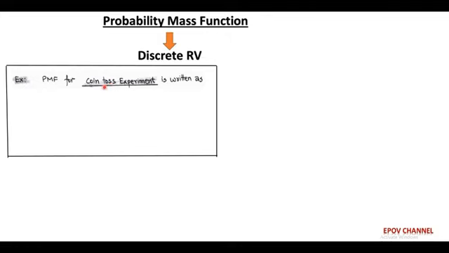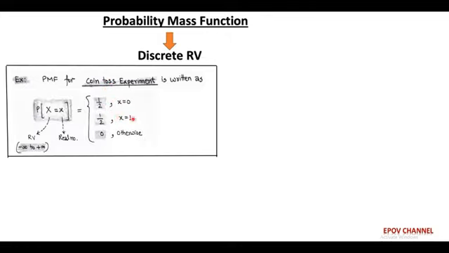For example, heads corresponds to random variable X equals 1, that is a real number. Also, tails corresponds to random variable X equals 0, that is also a real number. Now, as the probability of the sample space, that is the total possible outcomes, is always 1, the probability of occurrence of head and tail is just half. And this experiment based on a discrete random variable is represented by a function called the probability mass function, denoted by p of x.